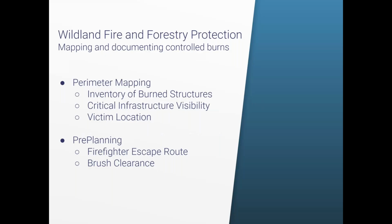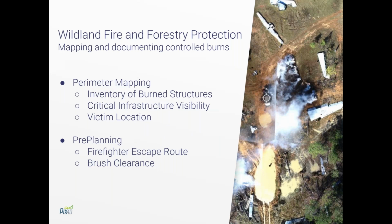And so we're first going to talk about wildland fire and forestry protection, mapping and documenting controlled burns. And I really want to focus on two applications, and that's going to be first perimeter mapping and then pre-planning. And on the right, really quickly to give you an idea, we have an actual